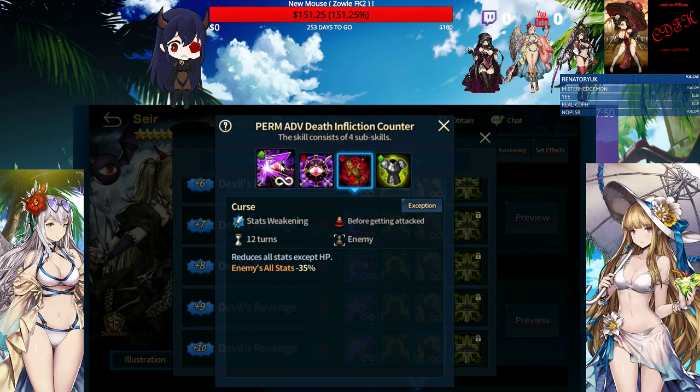Alright, so at high skill levels, before Seer gets hit by Foxy, she reduces Foxy's stats. Stats weakening, right? Read the skill. Stats weakening. And if she does not have immunity, her attack is reduced, her defense is reduced, everything except HP